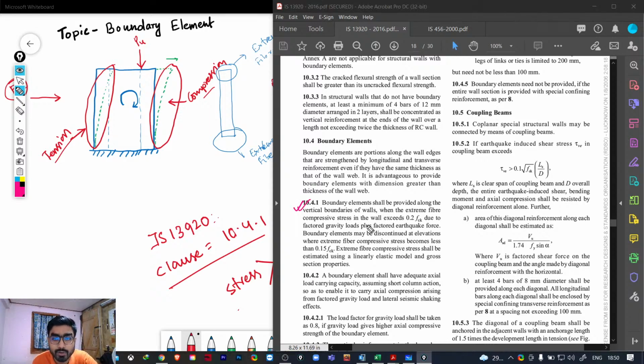10.4.1, here you can see this line, that when the extreme fiber compressive stress in the wall exceeds 0.2 fck due to factored gravity loads. Okay, due to factored gravity loads,